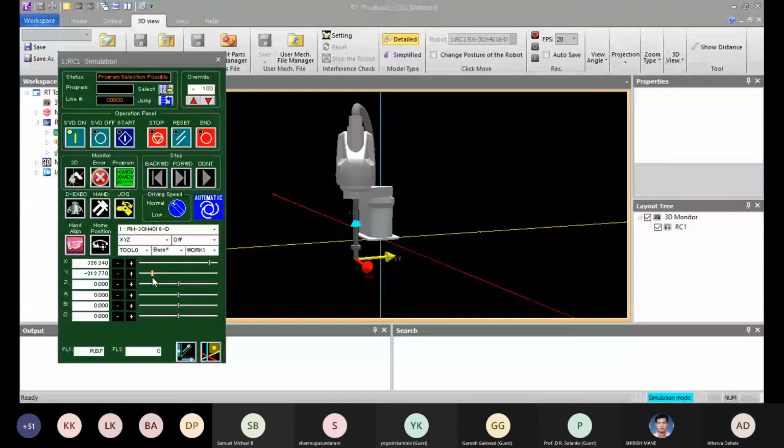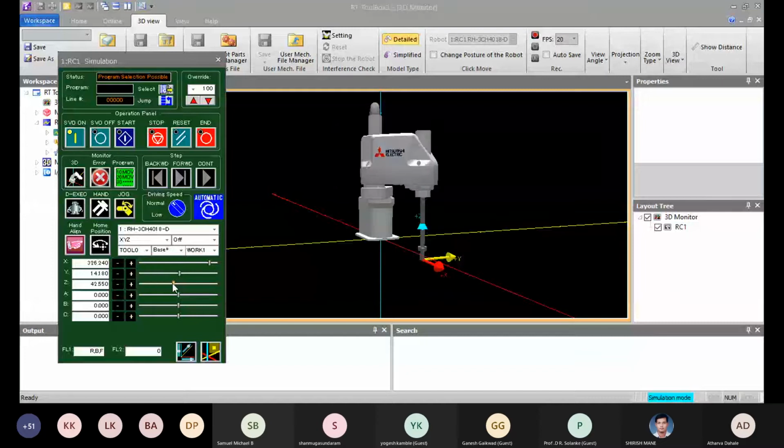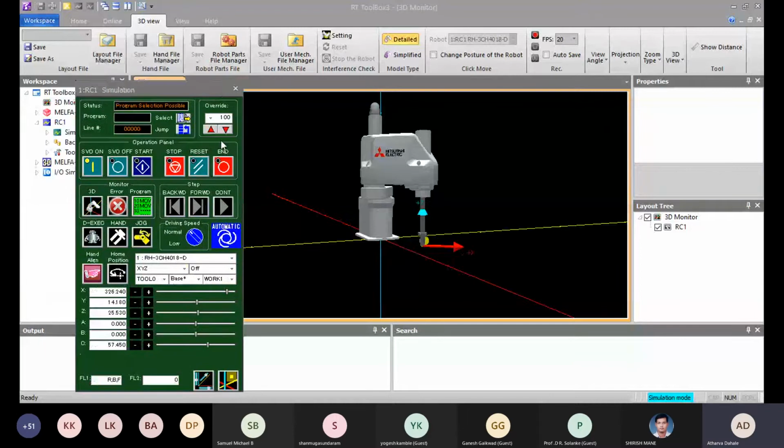This is the Z axis. This is used for twisting. For joint operation, if you want to twist the last axis, you have to make changes to A. But in linear or XYZ, if you want to twist that axis, you have to make changes in C. Okay. So this is all about the teach box.